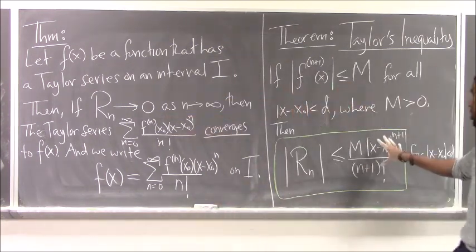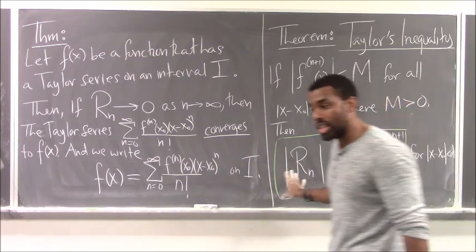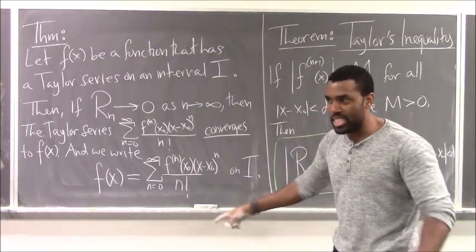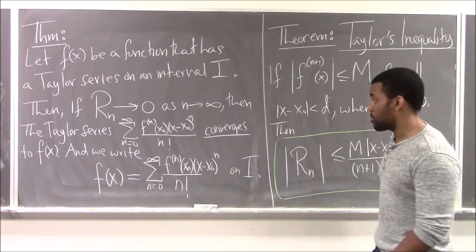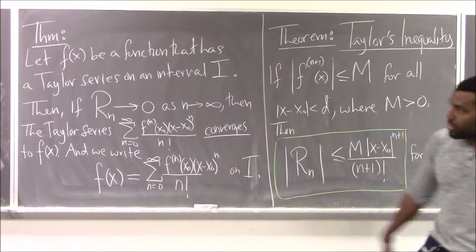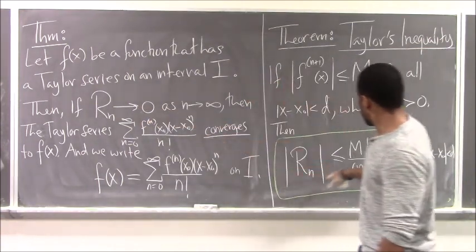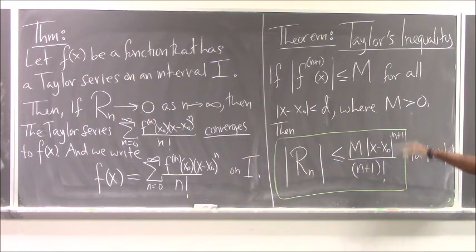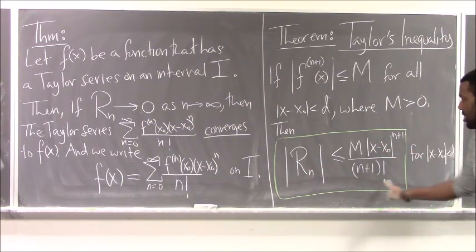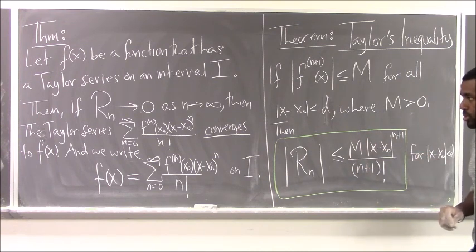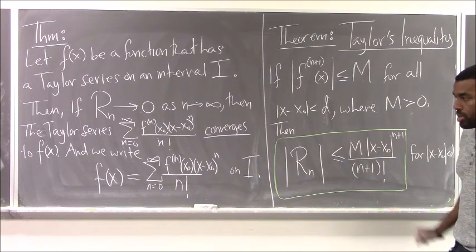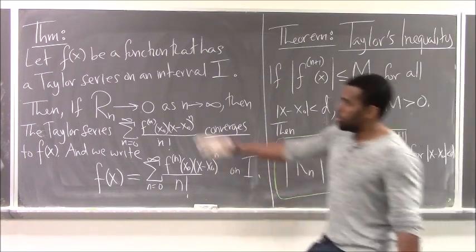So this was something that we looked at a long, long time ago. If the absolute value of a sequence approaches 0, then the sequence itself approaches 0. So you can think of Rn as some sequence, and it's bounded above by this guy. If you can tell that this guy approaches 0 as n approaches infinity, which is going to be a lot easier to do than with some random formula here in general, then you will know that Rn approaches 0